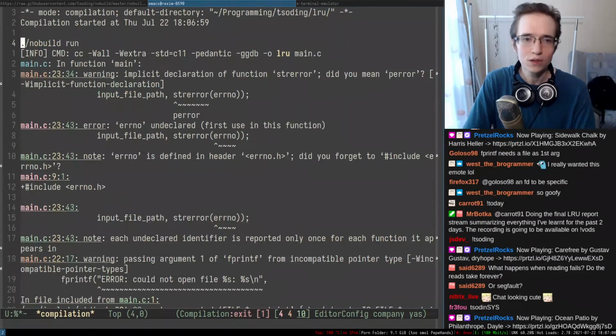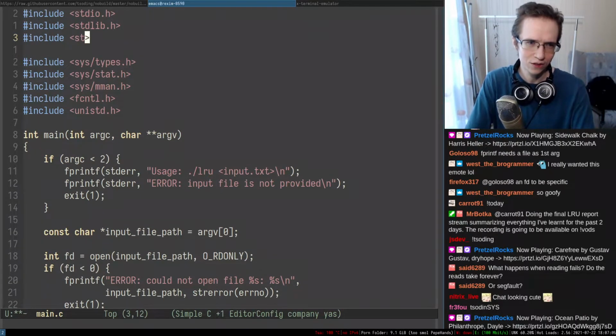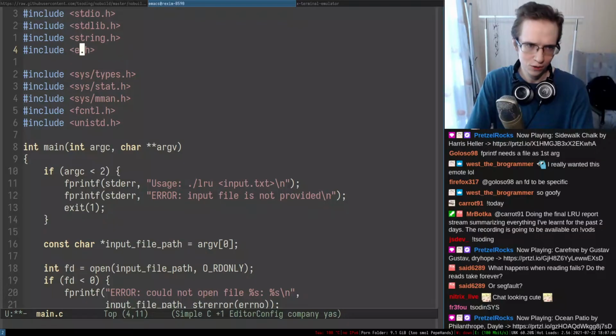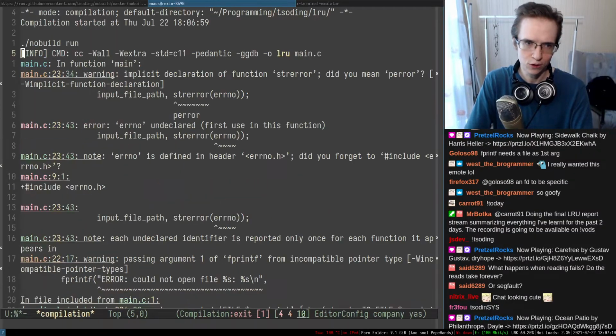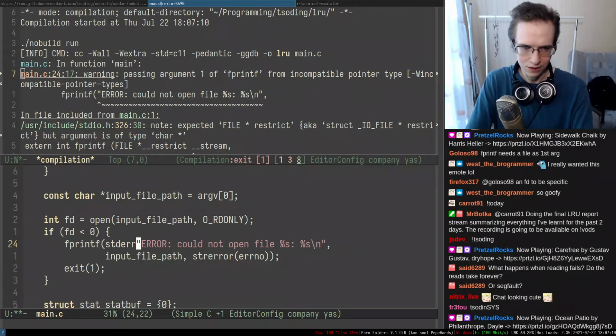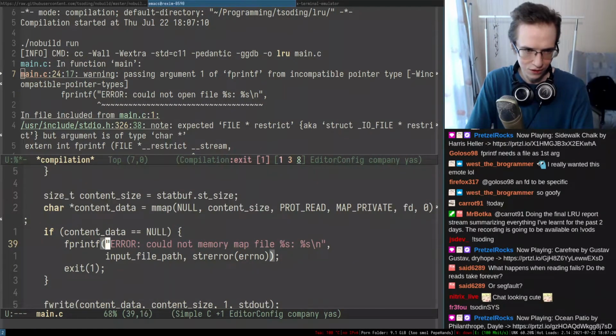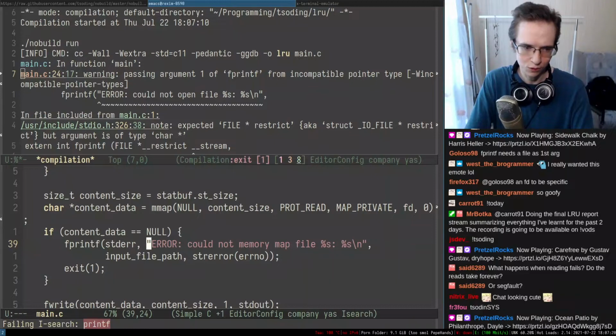And something went wrong. Yeah, we don't have strerror. As far as I know, strerror is available on string. And also you need errno if you want to use errno. Is that it? Oh, here you have to provide stderr. So let me go through all of the printfs and just see. Yeah, I forgot to provide stderr for all of the